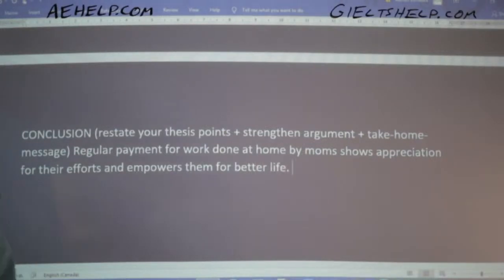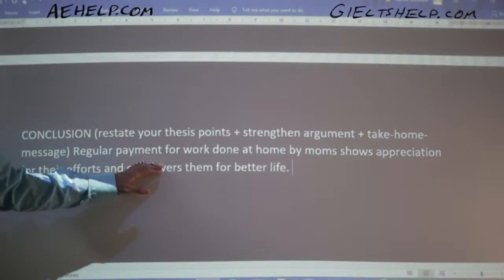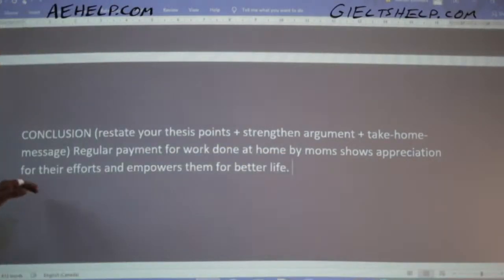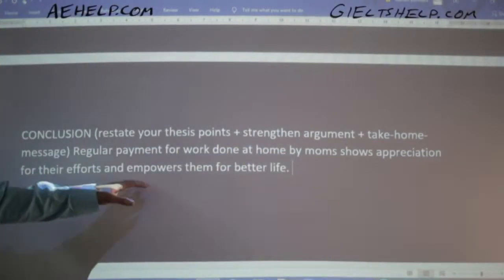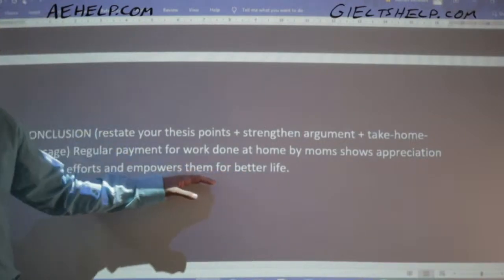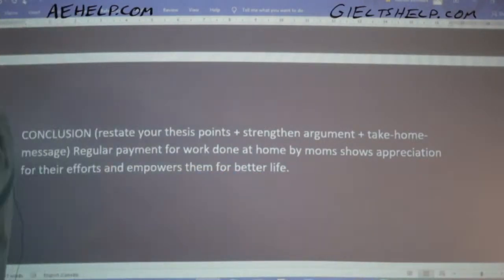Okay. So regular payment for work done at home by moms shows appreciation for their efforts and empowers them for better life. All right. I am in complete